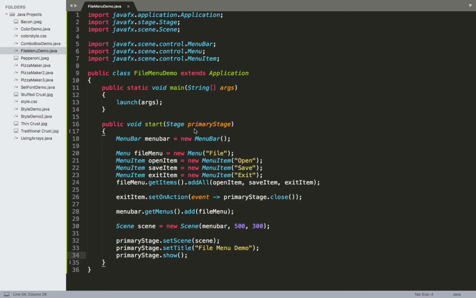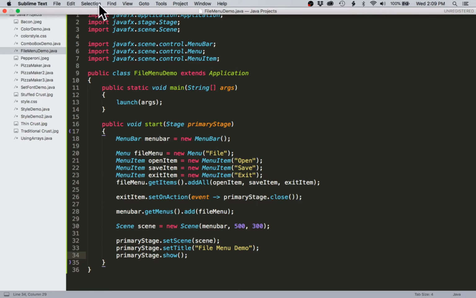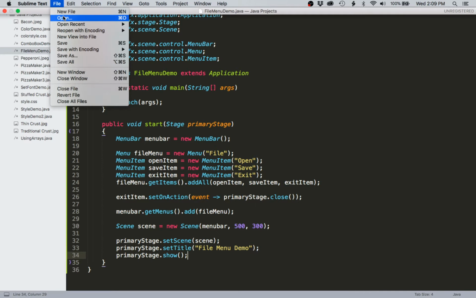Okay, so to wrap up this file menu demo application, we're going to set up the FileChooser class to give some functionality to the open and the save button. To briefly show you what this is going to be doing, if I come back up to the menu bar for my Sublime Text application, I click on File and I click on something like Open,